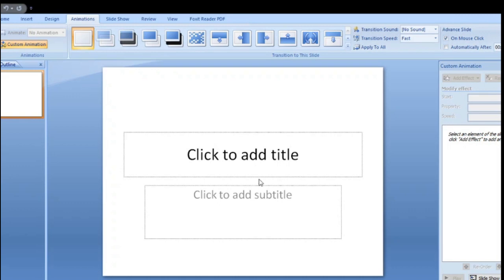Click the text box border and press the delete button. After selecting the text box, the writing will be deleted. That means click the text box border and press the delete button. Select the text box writing and delete it. Select the text box icon from the ribbon in the home menu.